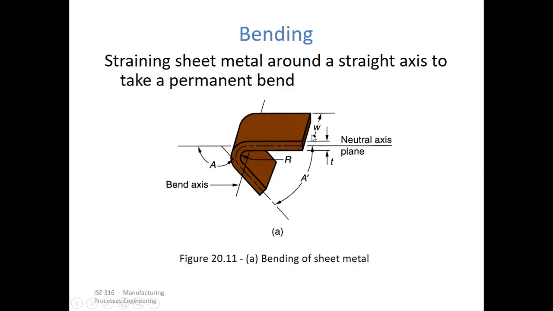So if W is the width of this sheet and T is the thickness, as we know, R is the radius of curvature of that bend. This is very important. This is a very critical parameter that would decide how much bending stress would be induced. Because the smaller the R, the bigger the stretch. Greater R leads to less stretching and permanent deformation,